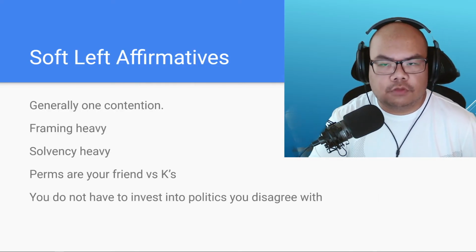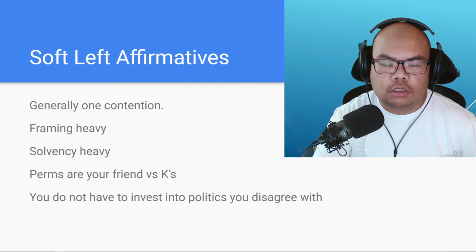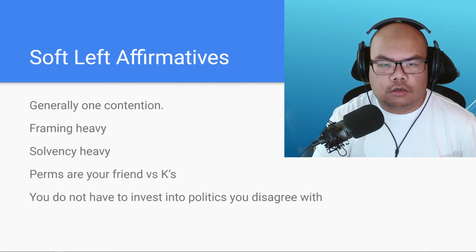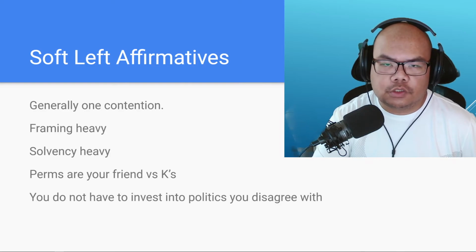And lastly, the soft left affirmative, which is what we ran most of last year. The cool thing about a soft left affirmative is generally you only really need one contention plus framework, and there are multiple framing issues associated with soft left affs. They can be from impact weighing, i.e. the framework debate proper, the rule of the ballot argumentation, as well as critical offense versus